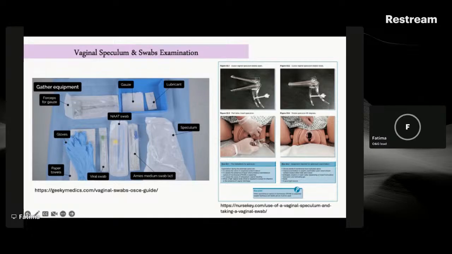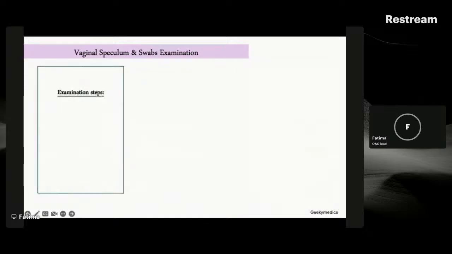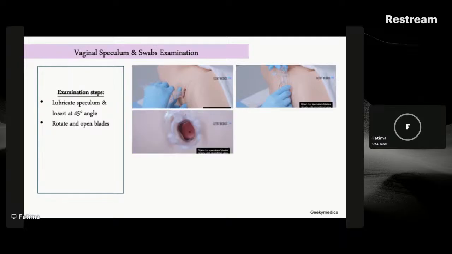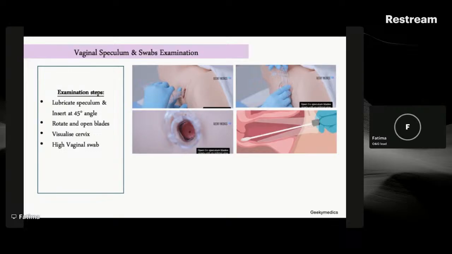And then this is what it looks like when you're inserting the speculum, and I'll explain it in a second. You're inserting it sideways, and then you twist it when it's in. So lubricate the speculum and insert it at 45 degrees. Okay, so sideways, and then you rotate it up and open the blades. Okay, and once you open the blades, you can then visualize the cervix, and then you're doing a high vaginal swab. Okay, but before that, when you're visualizing the cervix, okay,